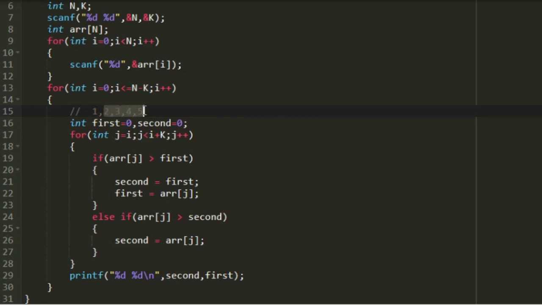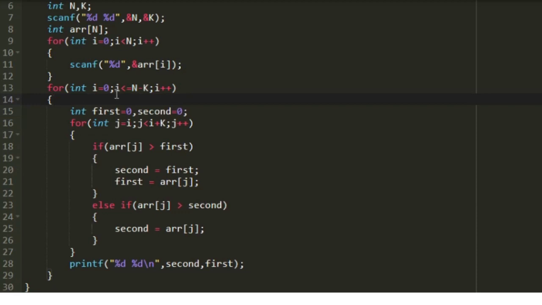So in an array of size n, if we want to form a subarray of size k, then the last subarray of size k will be formed from the index n minus k. So here totally there are 5 integers, so n is equal to 5 and the subarray size is equal to 4. So n minus k is equal to 1 because 5 minus 4 is equal to 1, and the index 1 was the last index from which we were able to form a subarray of size 4. That is, the integer present at the index 1 is 2. So 2 was the last integer from which we were able to form a subarray of size 4. From the integer 3 we weren't able. So this is the reason why we are iterating only till n minus k.